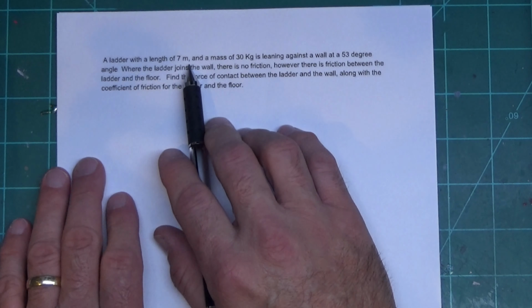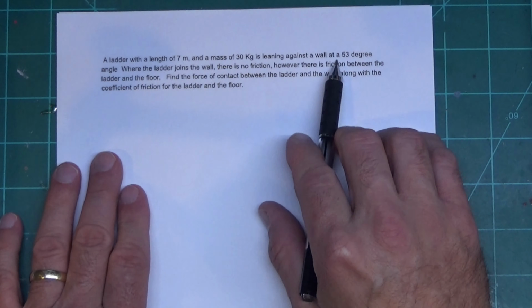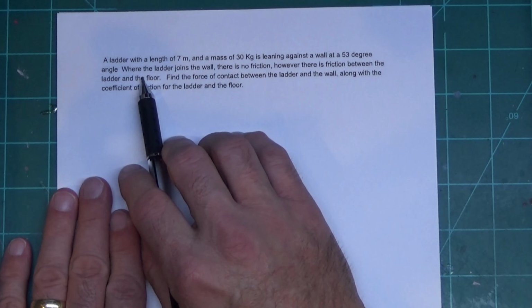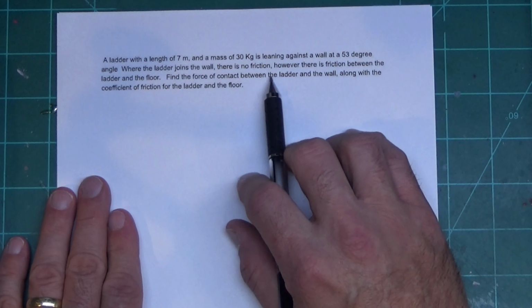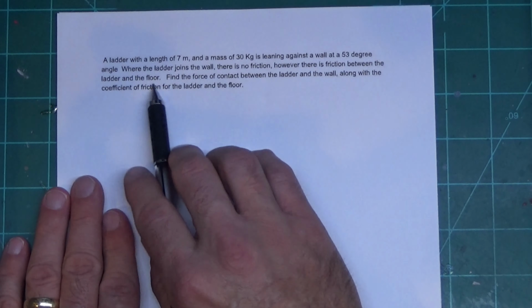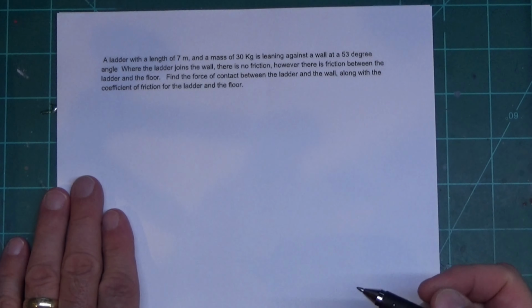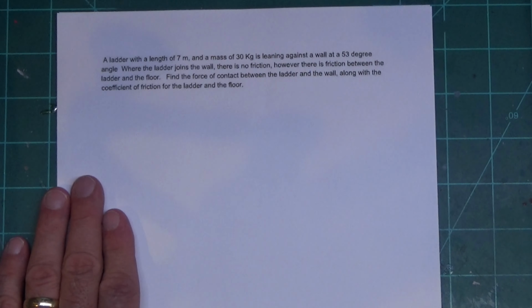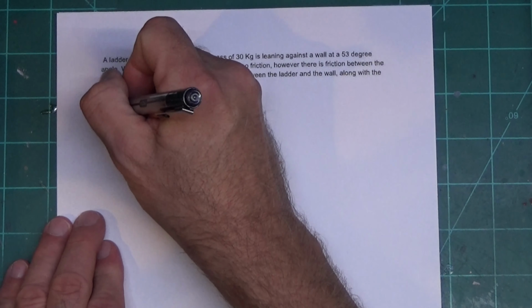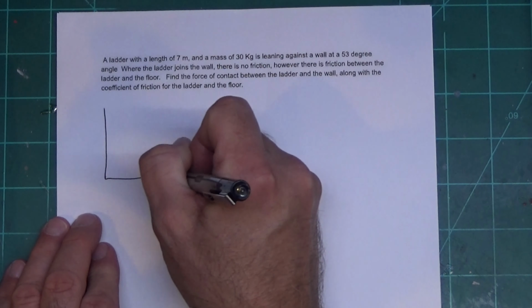A ladder with a length of 7 meters and a mass of 30 kilograms is leaning against a wall at a 53-degree angle. Where the ladder joins the wall, there is no friction. However, there is friction between the ladder and the floor. Find the force of contact between the ladder and the wall, along with the coefficient of friction for the ladder and the floor. So if we draw a picture of this,